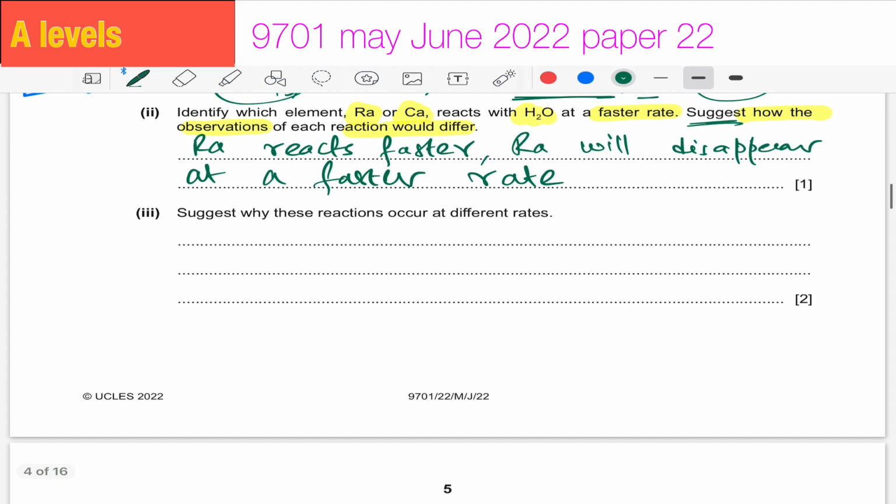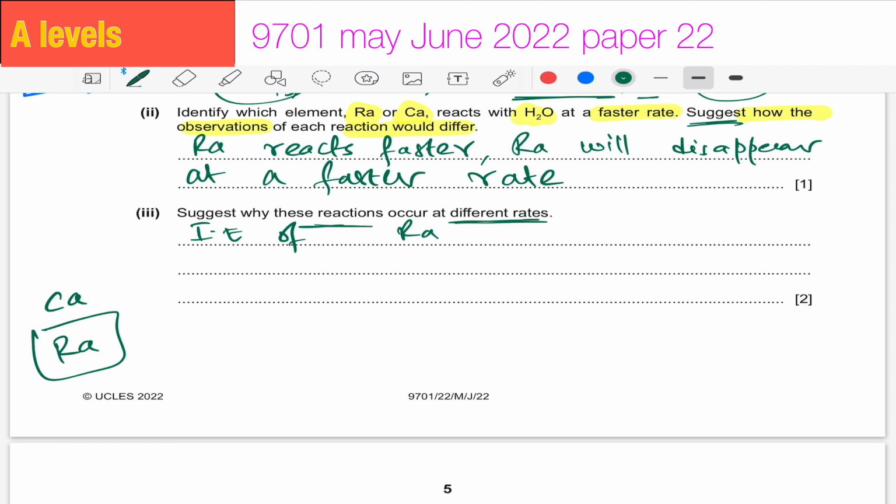Now the next part of the question is suggest why these reactions occur at different rates. Now initially they asked us about the observations, and now they're asking that give the reason why they are reacting at different rates. So because both are metals, calcium and radium, but the tendency of losing electron for radium is higher than that of calcium. So that means this is its ionization energy. So we can say the ionization energy of radium is less than calcium. That means it loses